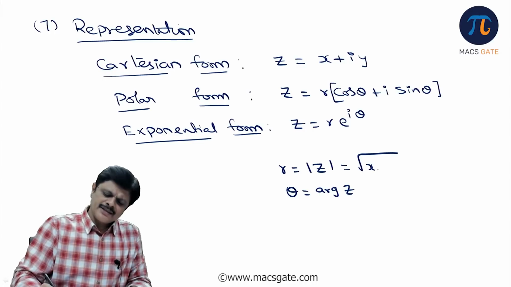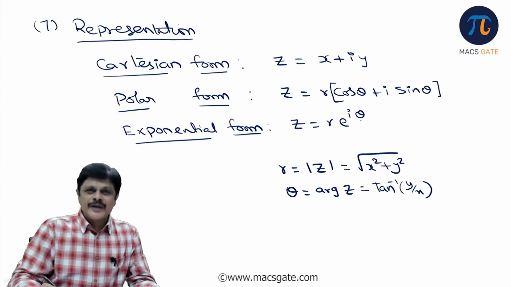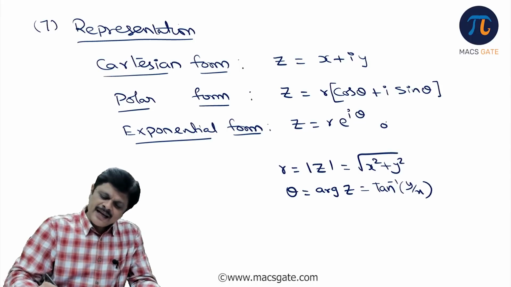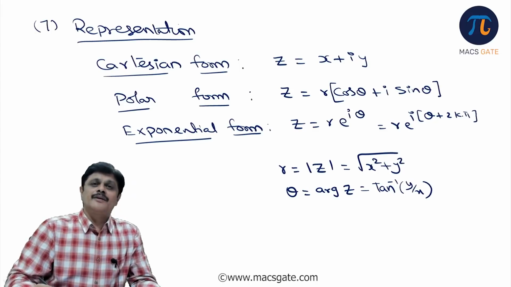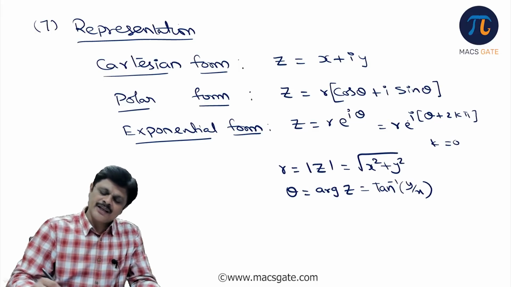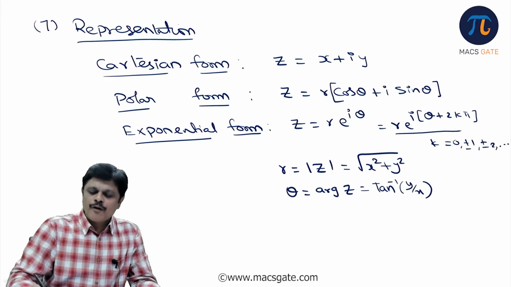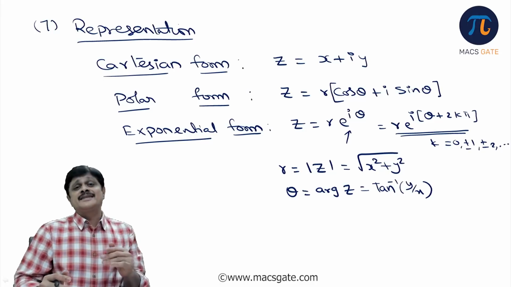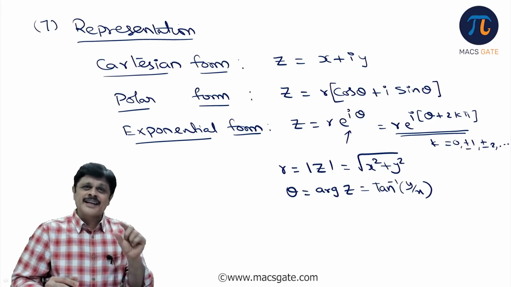Simply, r is under root x square plus y square for us, and theta is tan inverse y by x. My dear friend, generally this theta which we have written here is the principal argument. That is not a rule. So this can also be expressed in a general form like r e power i (theta plus 2k pi). k can be 0, which means the same thing, plus 1, minus 1, plus 2, minus 2, and so on. So this is the general form of the complex number, whereas the other is the specific form. It's not an infinite answer, sir. It is one answer expressed in infinite ways.